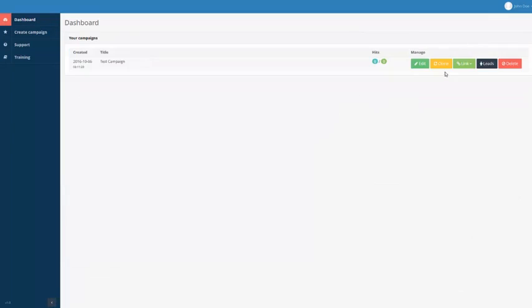You can clone it. You can click link, which will let you copy the link to your clipboard or directly open it in a new window. You can click on leads, which will show you any leads who opted into your campaign if you've chosen that type of campaign, or you can delete it. So all we need to do now is preview the front end view of the campaign itself. So we click on link, open a new window,